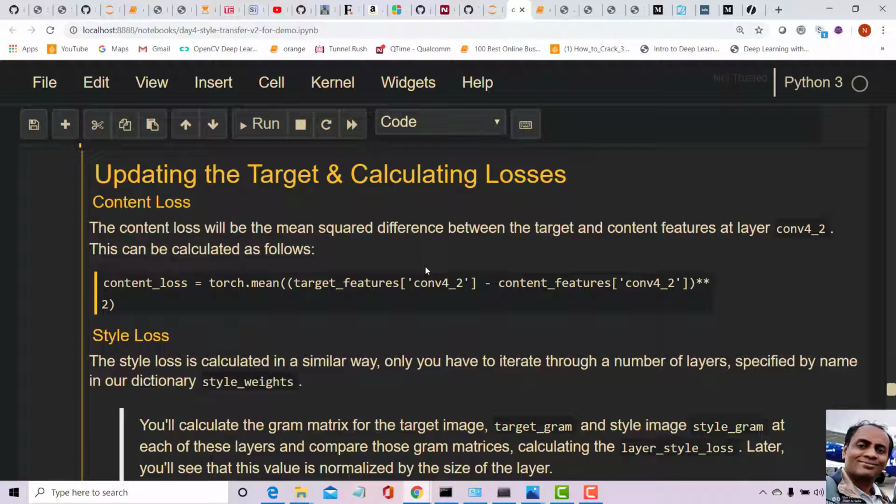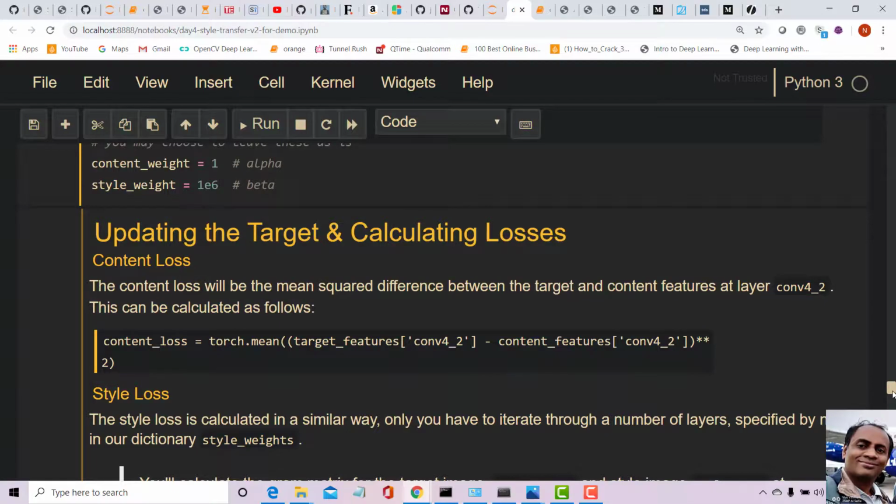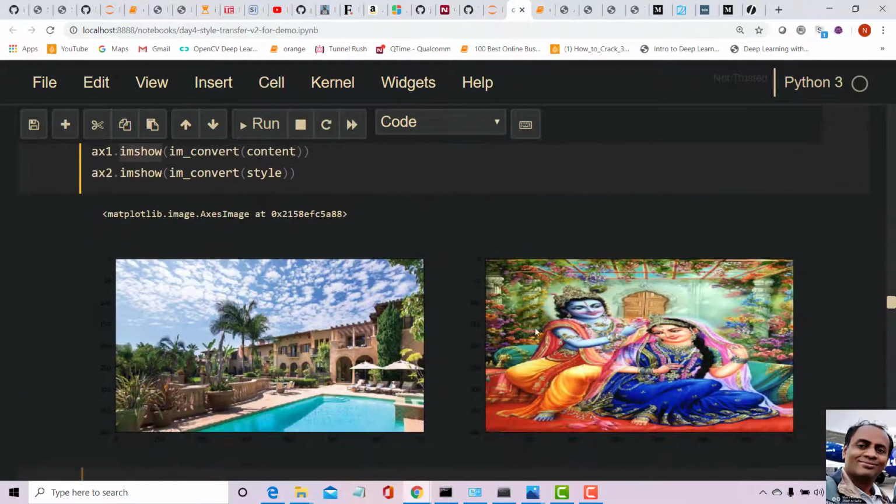So this is a content image and we want to retain the content, right? So content loss should be minimized. And we want to get the style of this image into this.